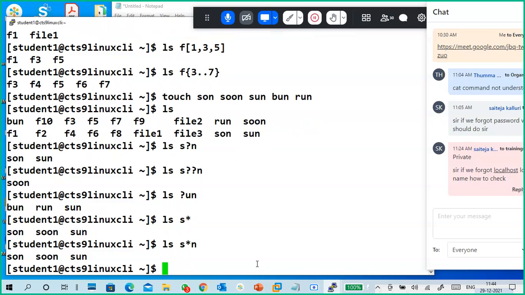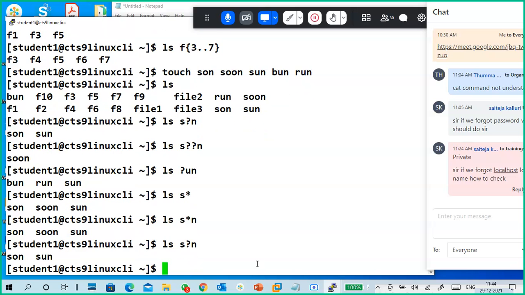Both son, soon, sun are also there, because star means any character, any number of characters, anything it will take. Okay. s question mark n again. Question mark means a single character in that place only. Any alphanumeric character in the place of the question mark only. The remaining won't change. But star means starting with s, ending with n, in between anything can be there. So this is the main thing.